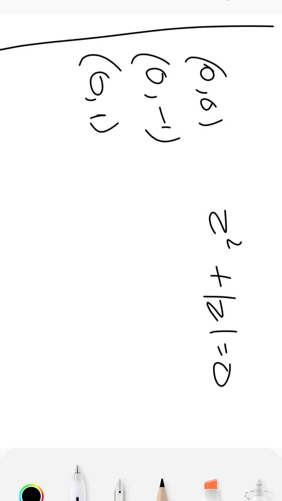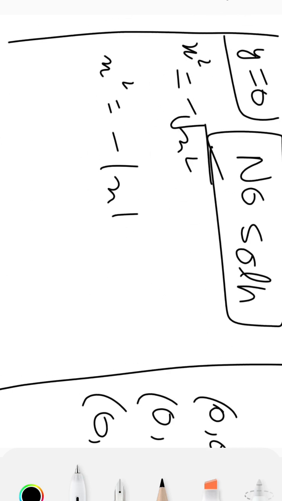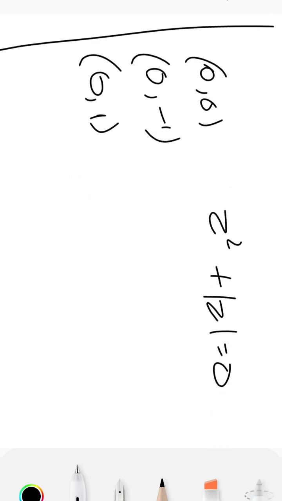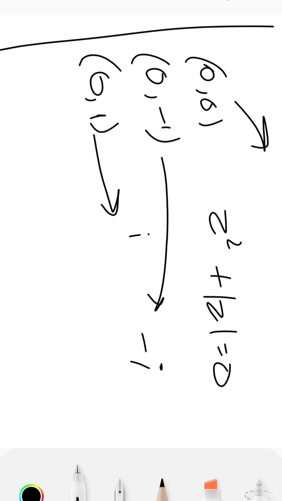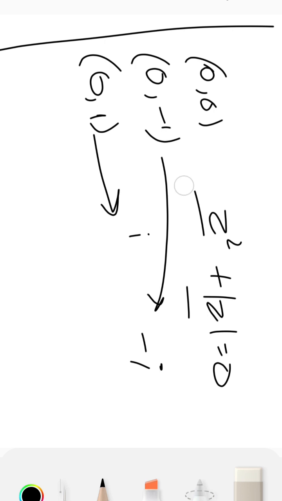Now let's consider a case where you're having, okay, sorry, I'm so sorry. Yes, that's right. Where you have this case as complex number is just i. For this case is i. For this case it's minus i. And obviously 0 comma 0 is satisfying the equation always. As you can see, putting 0 over here and 0 over here is going to give me the answer. So there's no problem with